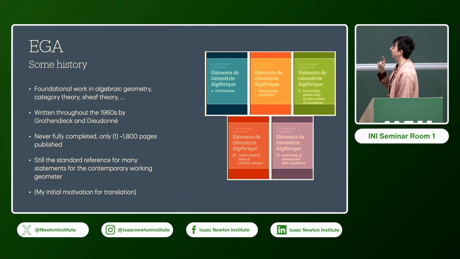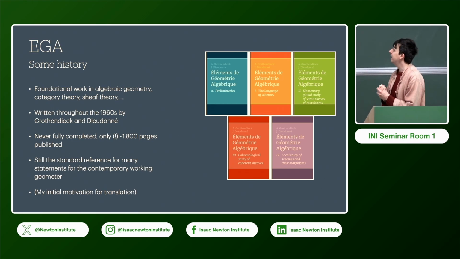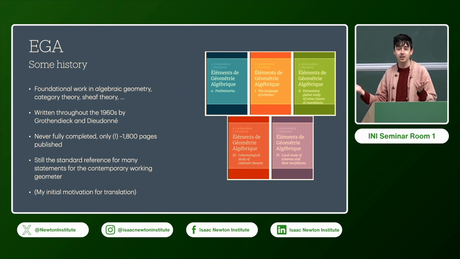This is my villain origin story, because when I was an undergraduate at a university that had very little respect for student support and student time, I did an introductory course on scheme theory, the first course I ever did on scheme theory, and I was completely lost. We'd done one course on geometry before. I asked the lecturer what I could read, any other resources, and he said to me, yes, you should just read EGA. And I said, it's in French and it's long, and he was like, doesn't matter, it's easy, it's just French, right? The words are the same. If you just know the 3 different geometry words, then you're fine.